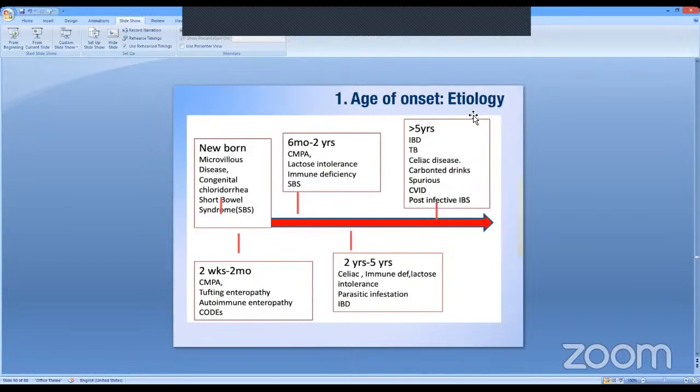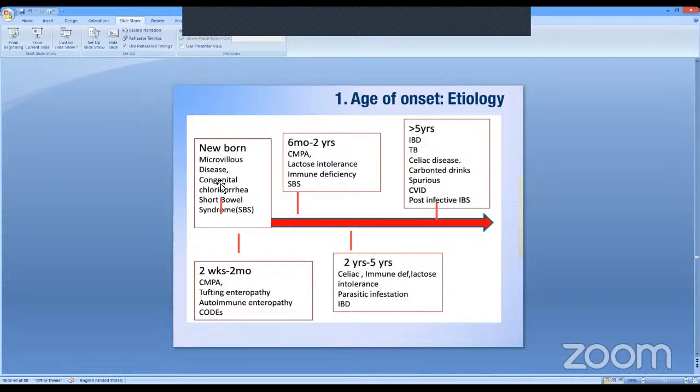So age, very simple. If in history we ask the age of onset of the disease, we can have a very good idea regarding the etiology. So if it starts in the newborn period, mostly because of microvillus disease, that means microvillus inclusion or tufting enteropathy, or congenital chloride diarrhea, or short bowel syndrome. One point I must say regarding